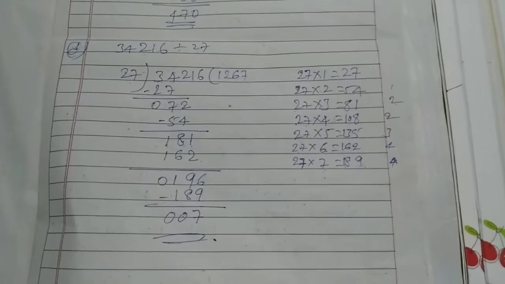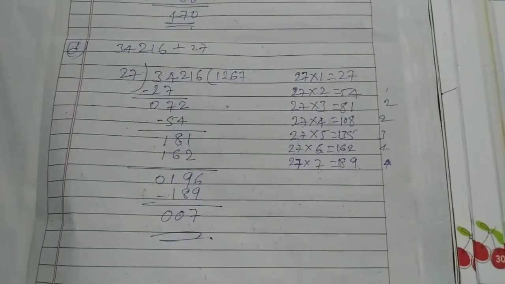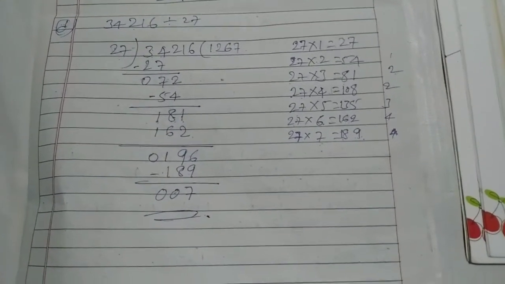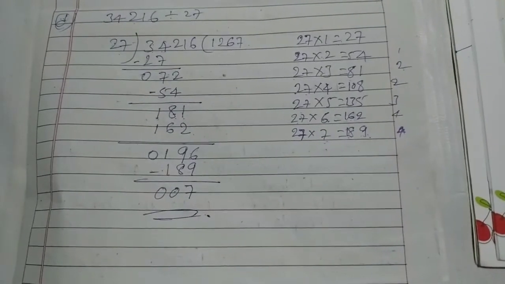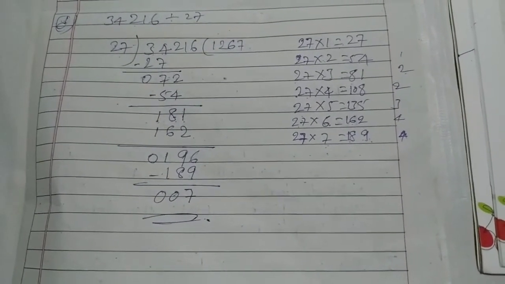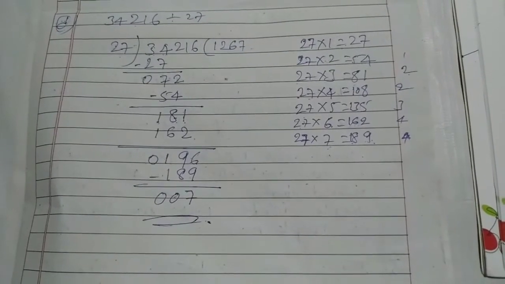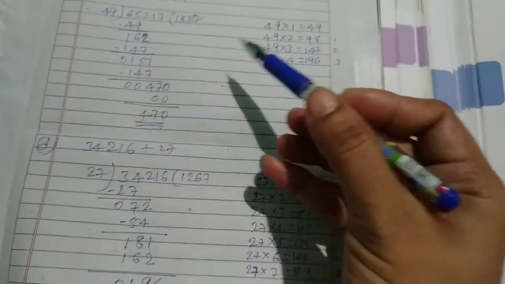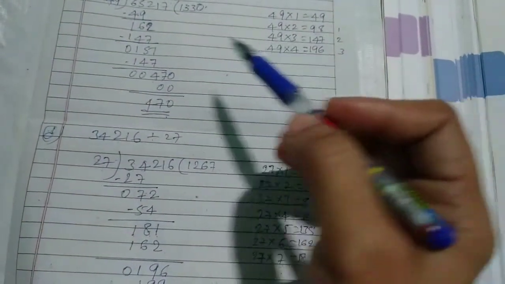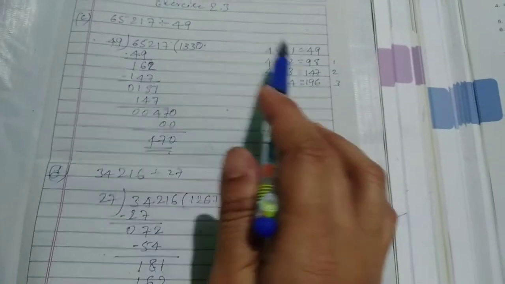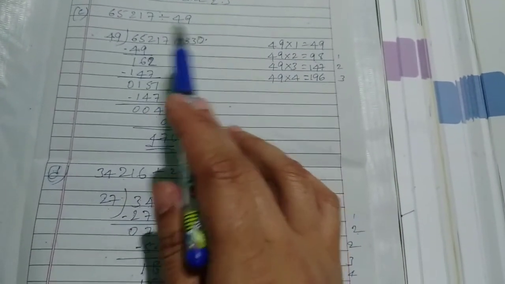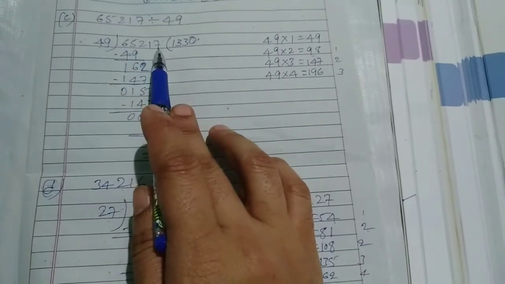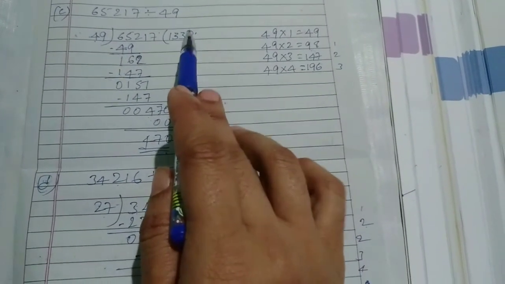Okay, is it clear? Okay, so how to divide the numbers, did you understand? Here it is divisor, dividend, quotient. Okay, and how we took this 0